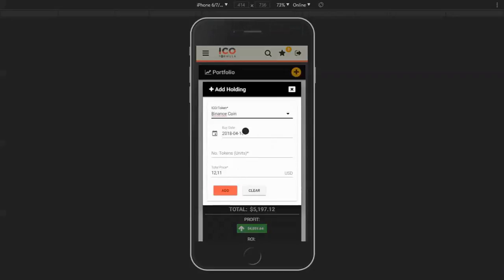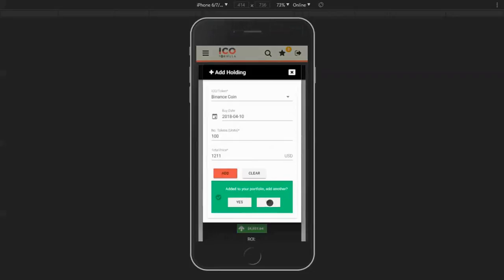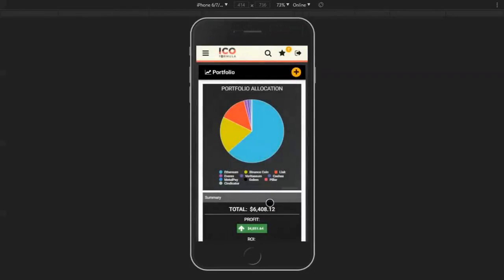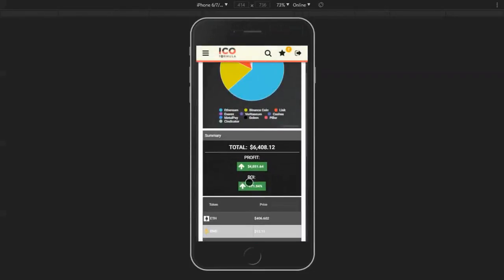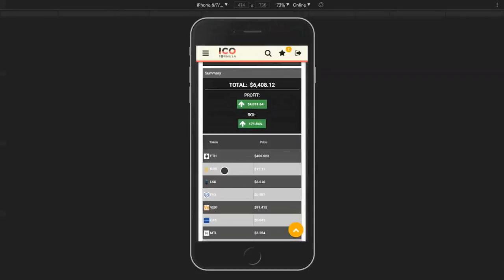It'll automatically populate the date and the acquisition price. All of these can be adjusted. So let's say, for example, we've just bought 100 of those, and we can add that there. We don't want to add another. That's done. And on returning to the screen here, if you scroll down, you can see Binance Coin, or BNB,